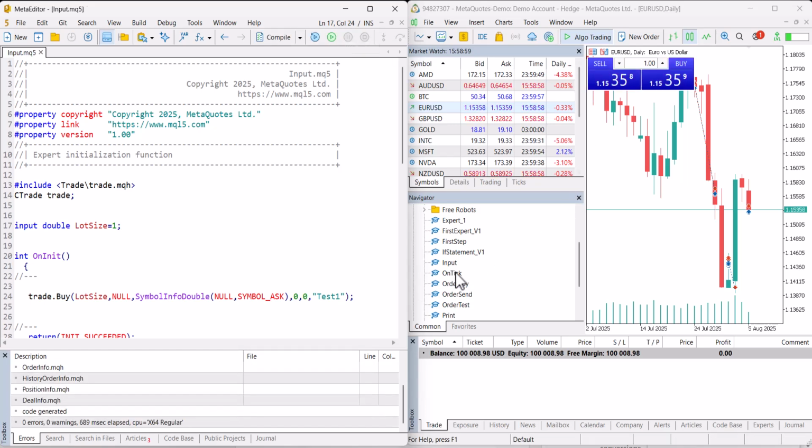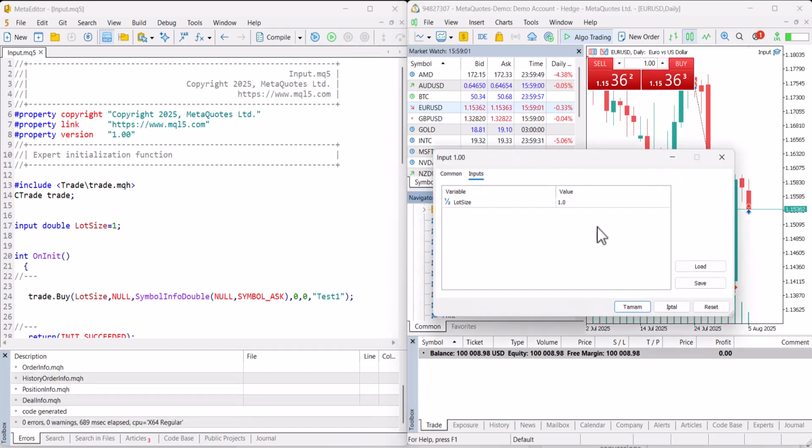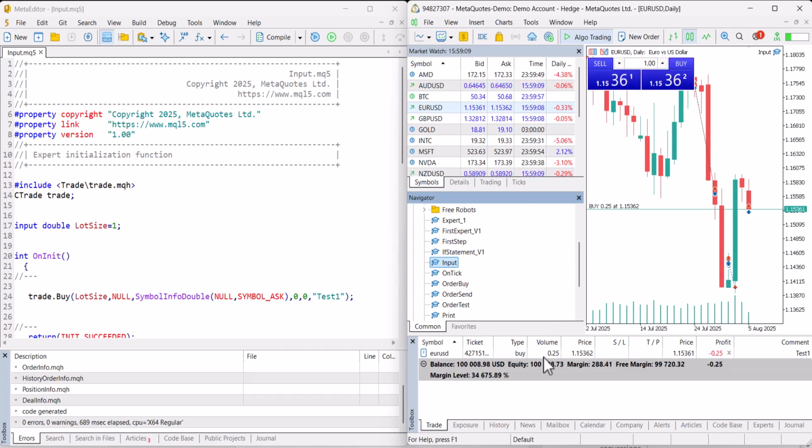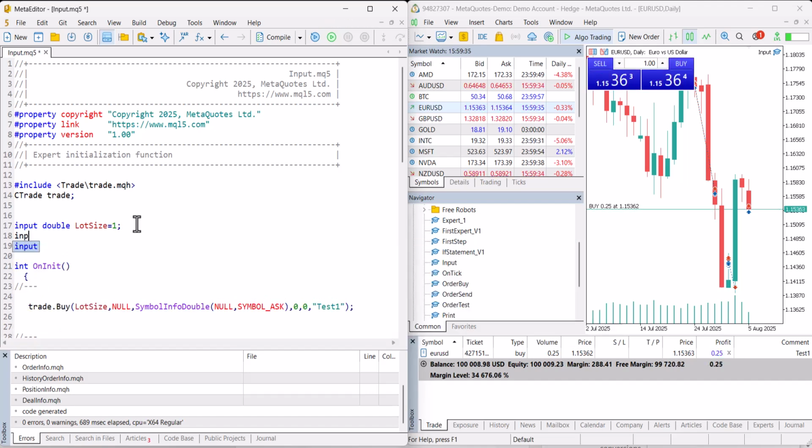I compile, input again. See, this time 0.25. When I say OK, as you see, the system opened a 0.25 lot position as we defined in the input section. Let's also add a little more. Again in input, double